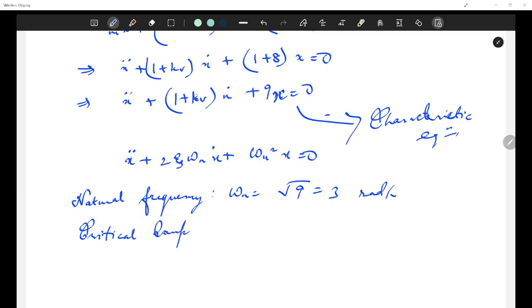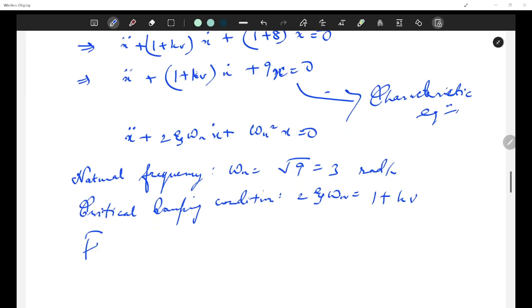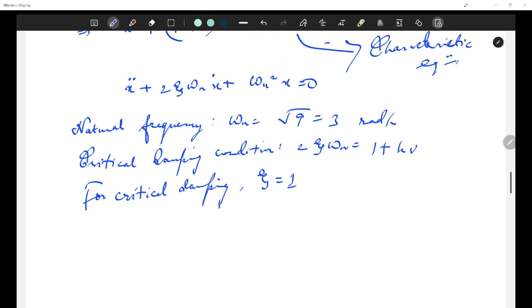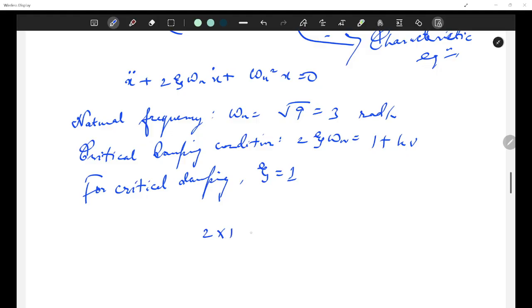Then critical damping condition, let's apply that. So 2 zeta omega n should be equal to 1 plus kv. Right? And for critical damping, your zeta should be equal to 1. Okay. So 2 into 1 into 3 is equal to 1 plus kv.